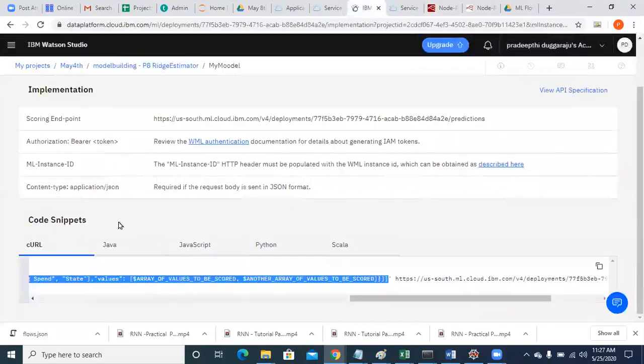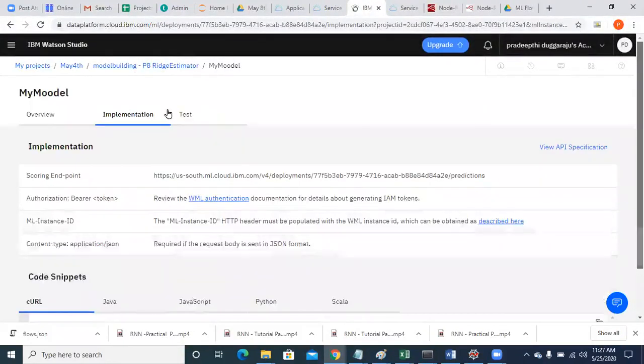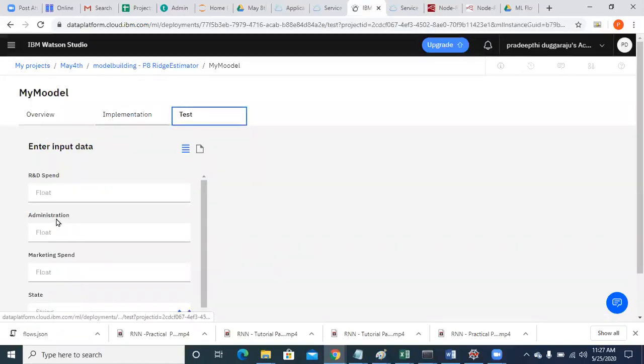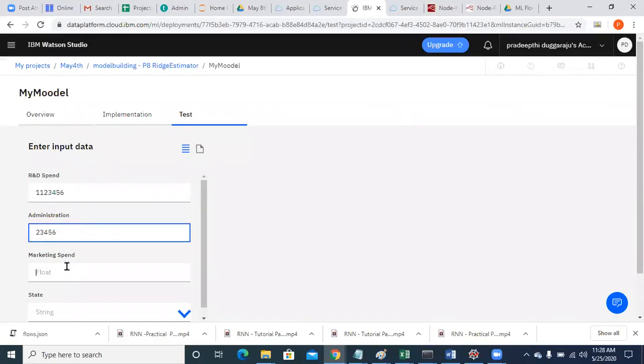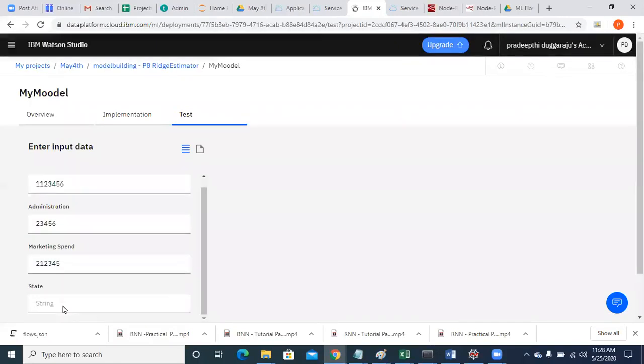Whenever you come to your IBM Watson, click on test, give the random values, give the state, submit it.